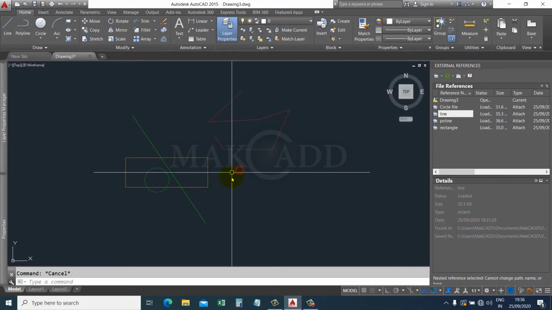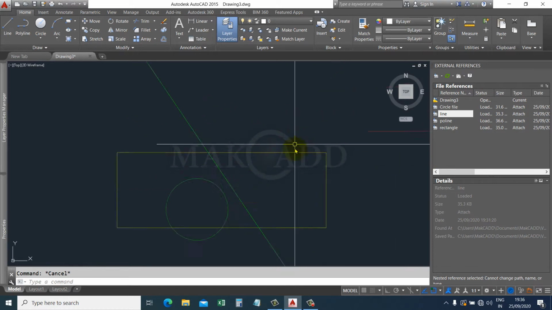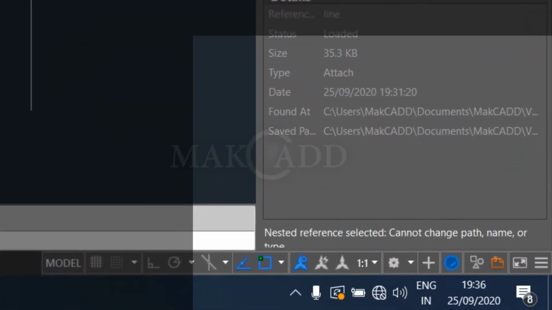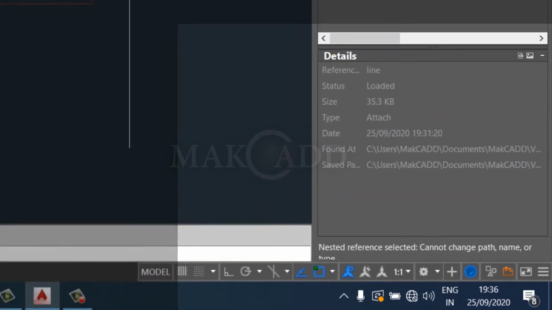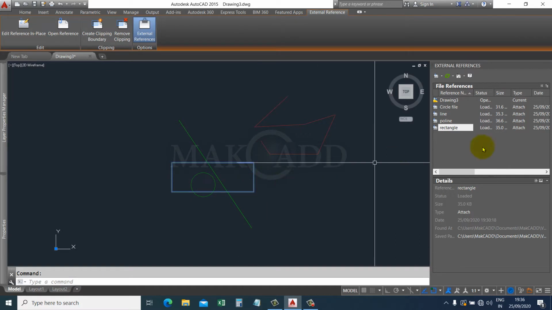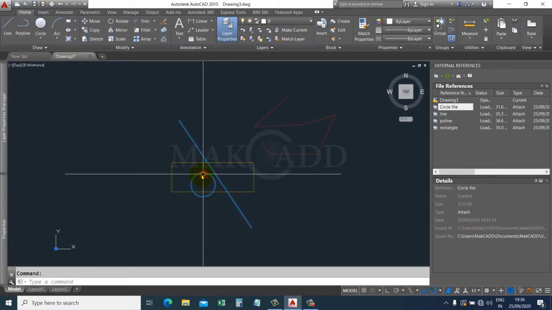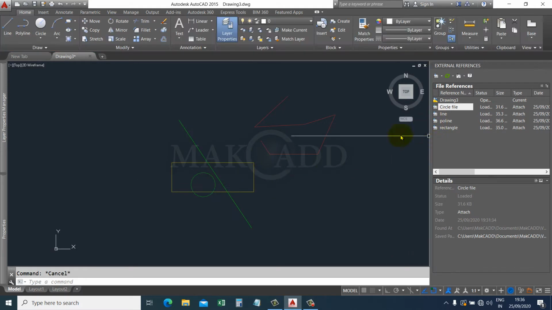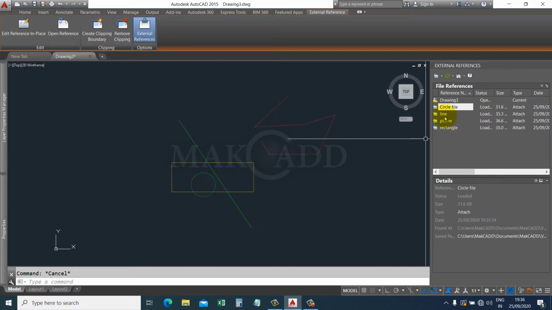In AutoCAD drawings, we always use XREFs. Some may be independent and some may be nested XREFs, that is, one XREF attached within another XREF. For a nested XREF, we cannot rename the XREF or modify its path. And you have to select each XREF to find which one is the nested XREF. Sometimes it is very hard to go through all the XREFs to find which is the parent XREF.